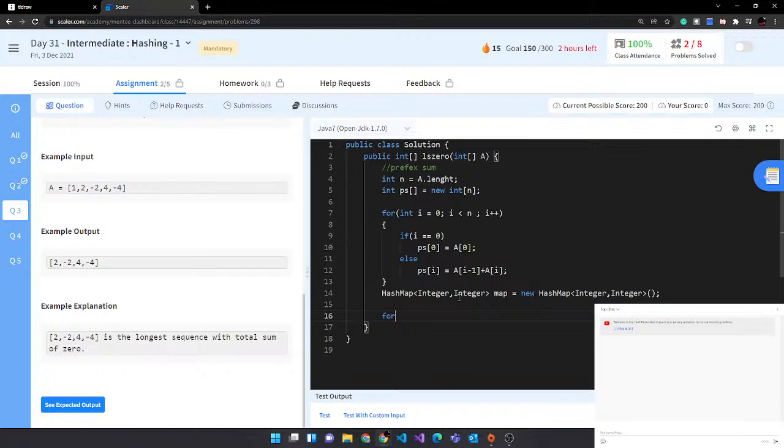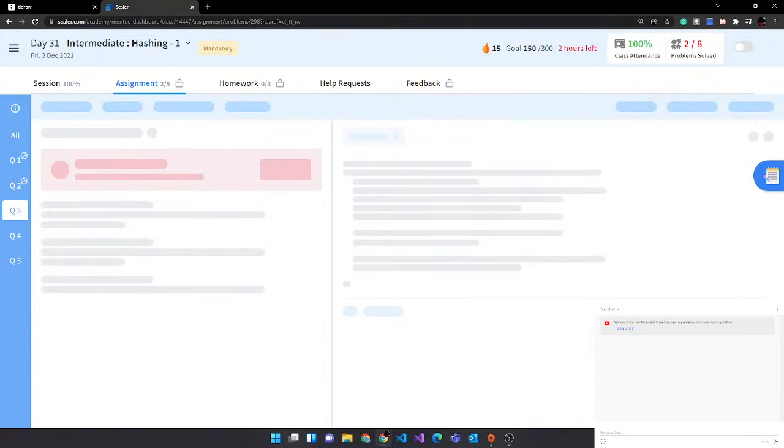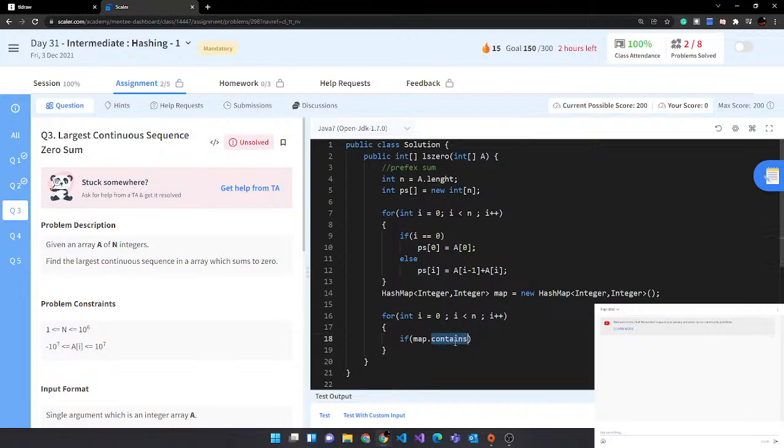Then for int i equals 0, i less than n, i plus plus, we say if map dot contains key, what was the spelling, was it containsKey? Let's go back here and see. Yeah, it's small. containsKey